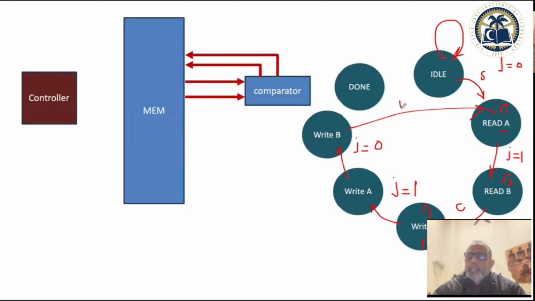You have incremented J. Now J is plus plus. So J was 0, so J will become 1. Actually, these are the addresses. I should not say it is J. These are the addresses which are driven from J. So you say J plus plus, and also check if J has not hit